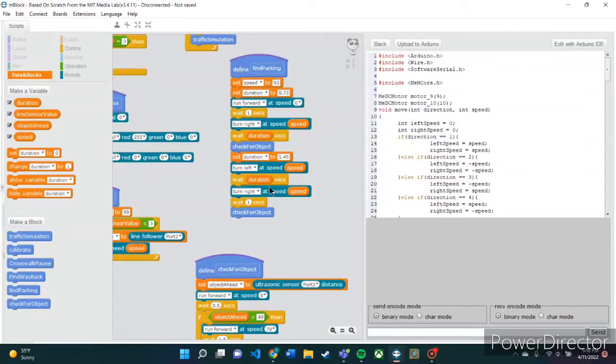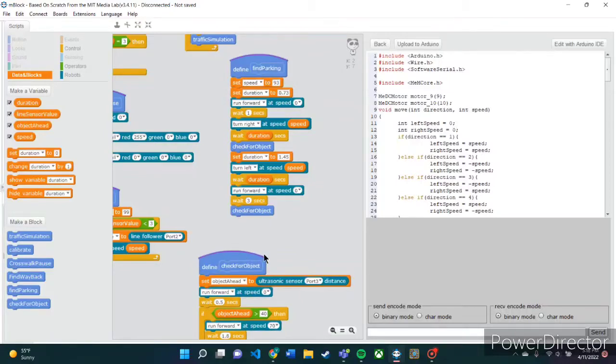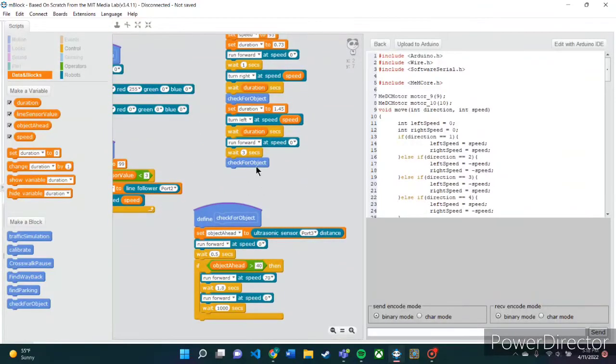Lastly, after it turns left at a certain speed, we are going to stop, of course. Have to delete that one. Stop and wait 3 seconds. Yep. And then check for an object again. This is going to fire again. And if none of that was true,